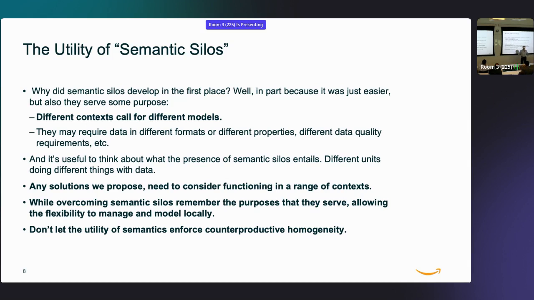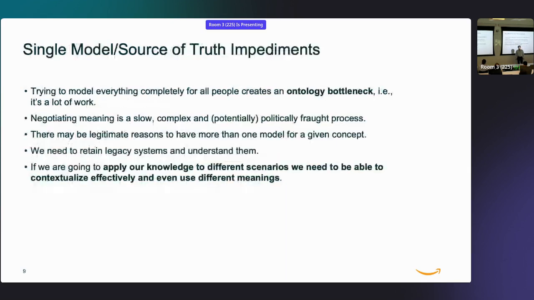And finally, in this non-knowledge graph world, the one useful thing that we have is flexibility in terms of updating the model, right? I don't have to talk across the organization and have this big discussion. We can just update our model. So we're not saying semantic silos are awesome, but there are a few reasons that they're there. They give us some flexibility, and it might be nice if we could salvage some of that.